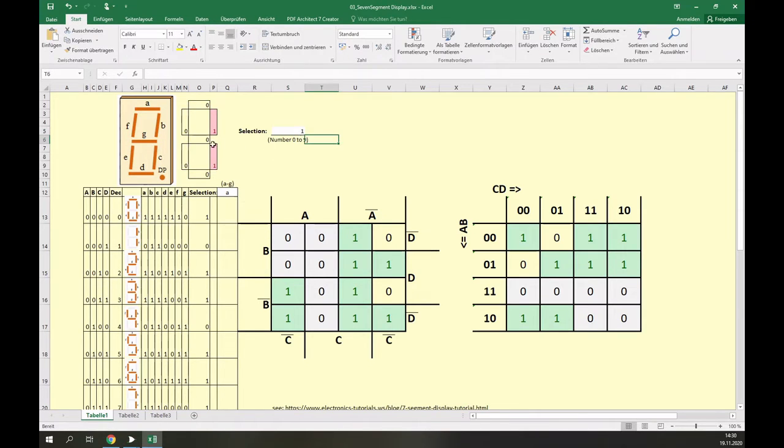1 is this. 2 is this. 3 is this. 4 is this. 5 is this. 6 is this. 7 and 8 and 9. Okay, so you have here the representation in the 7-segment display, and what you can now do